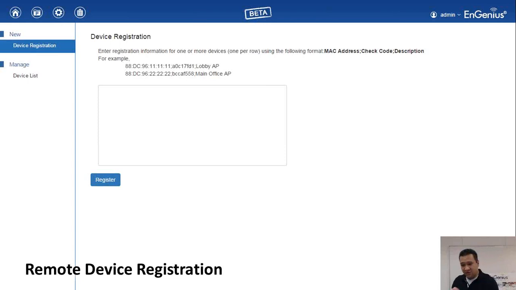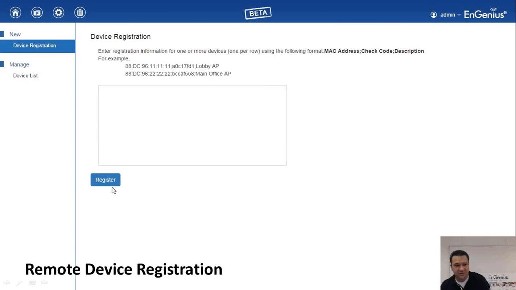So you can just enter it here. So supposedly, if you, for instance, have a list of 100 access points that you want to manage remotely, you can just cut them. If you've shaped them in the right format with this mark here, this double point comma here, you can just paste them in this field,